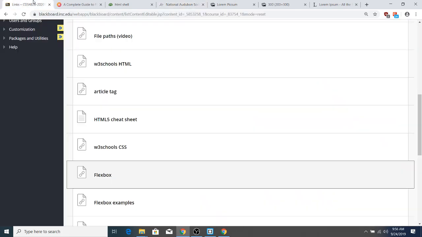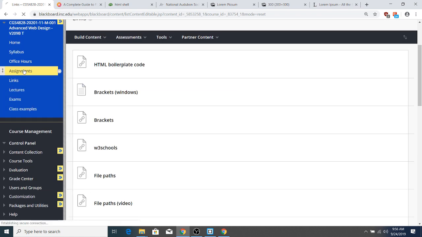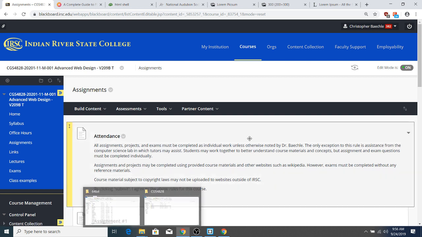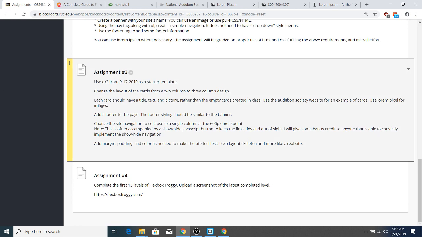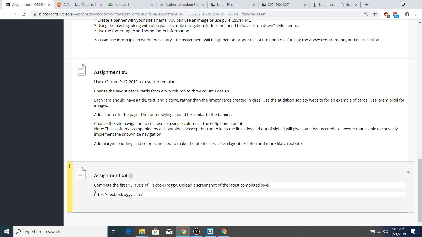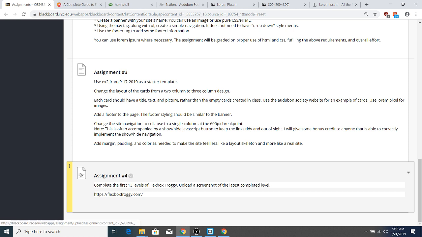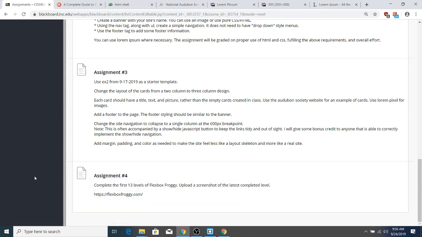Just to take a step back here, I'll tell you what your homework is. I realize I'm throwing a lot at you. Right now you have assignment number 3 due in 1 week. Rather than giving you another difficult assignment, this Flexbox Froggy is just a fun little thing. Most people should be able to finish it in half an hour, 45 minutes or so. This will be due in 2 weeks. You don't need anything else other than the site, so if you've got some extra time, to turn in your work, all you have to do